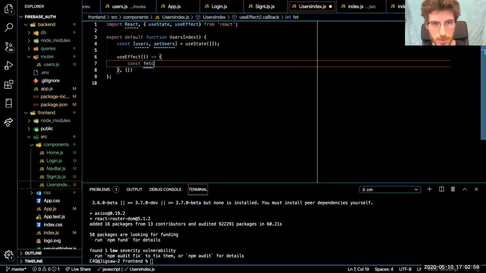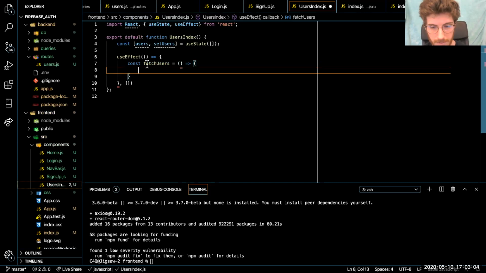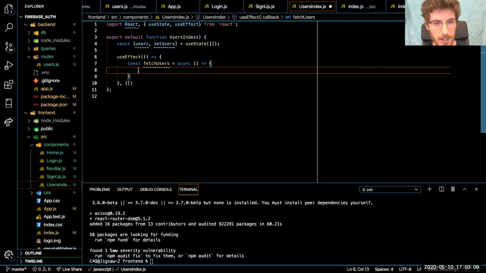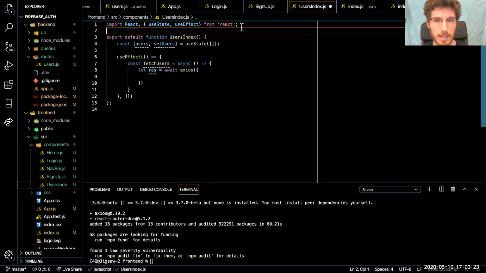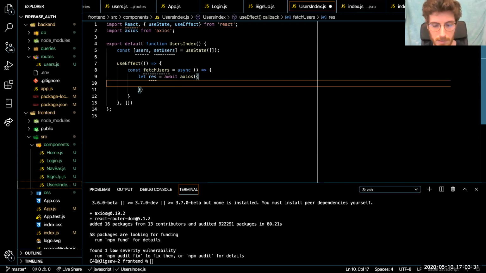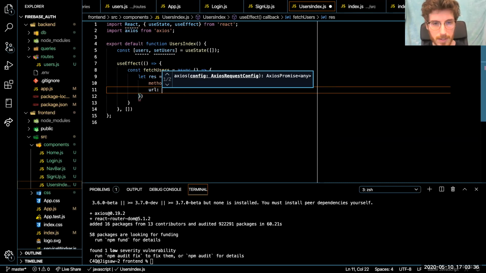And I'm going to make a fetch users function, and I'm going to allow this to have async await in it. This is going to go out and grab my users. So I'm going to say let response equal await, and I'm going to call Axios. This is going to take an object. I have to import Axios, Axios from Axios. And I'm going to list my method is get, and my URL is going to be